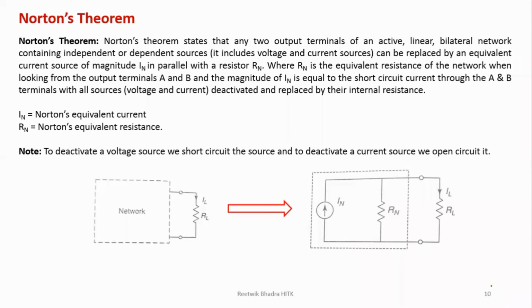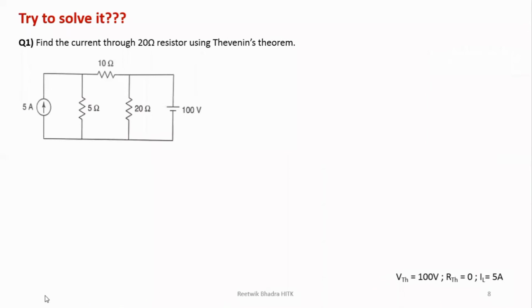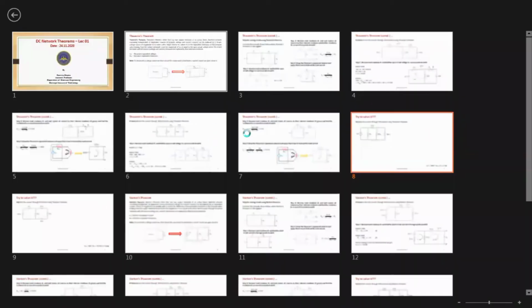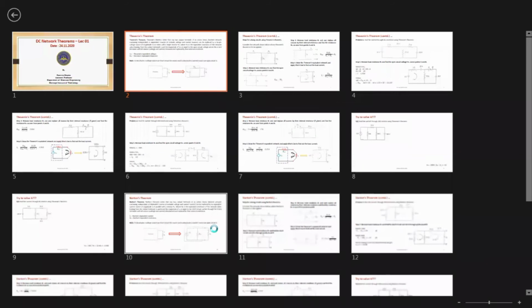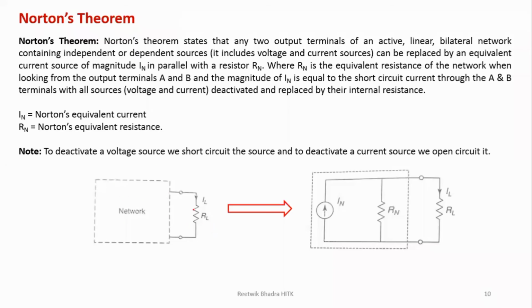Now, Norton's theorem is called a dual of Thevenin's theorem. Why? Because you see in the diagram, in the first diagram, this whole network was reduced into one voltage source in series with a resistance. Now, similarly, in Norton's theorem, that same network is reduced into one current source in parallel with the resistance. Then the load resistance comes into picture. So that's why it is called dual. Current source can be converted into voltage source and all. I'll come into that at the last point, but for just now you should understand like this.